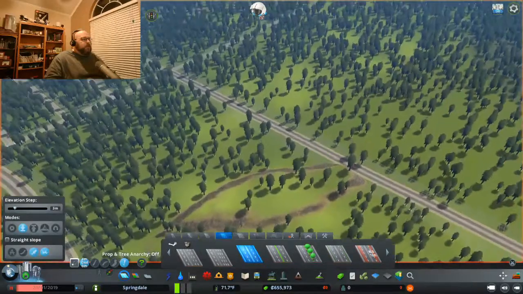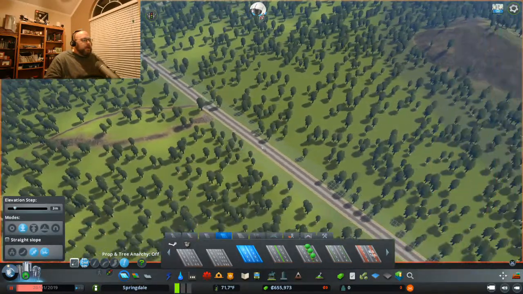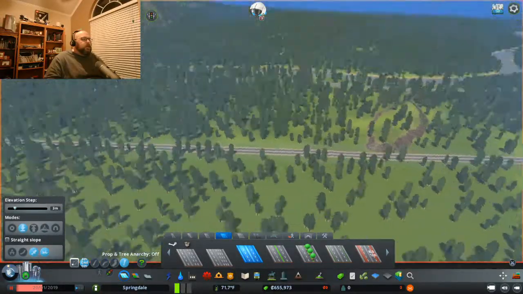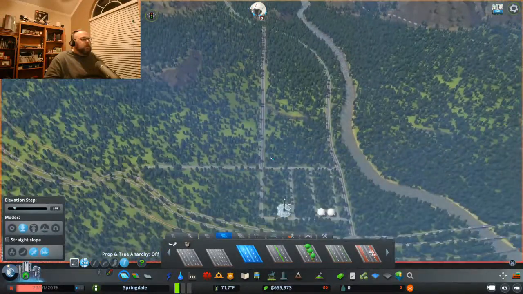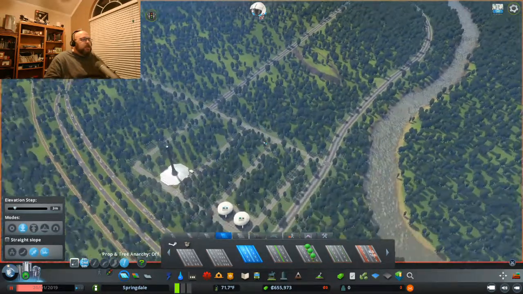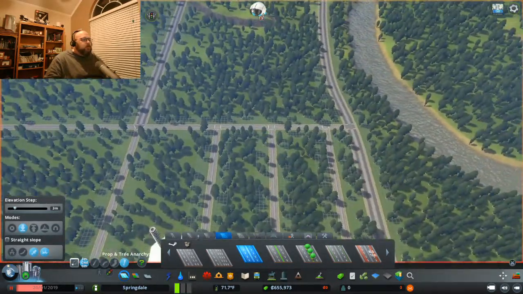And we'll use that fill at a later date. I am sure of it. So, yeah, that's kind of like our express lane. So we want to have very minimal impact here. All of our roads are going to come off of this. So let's do our first little